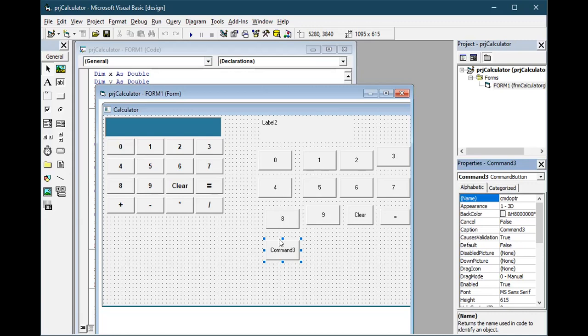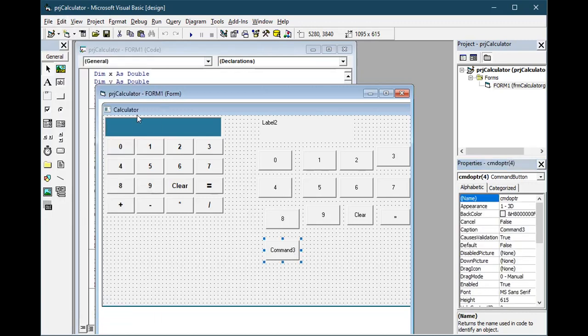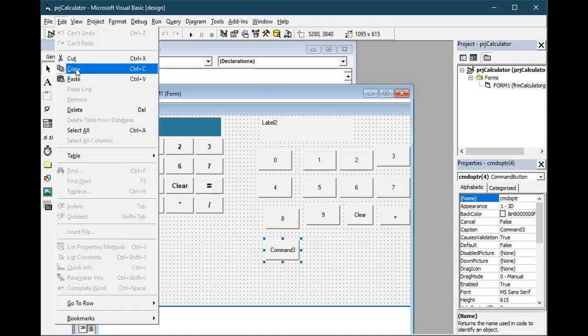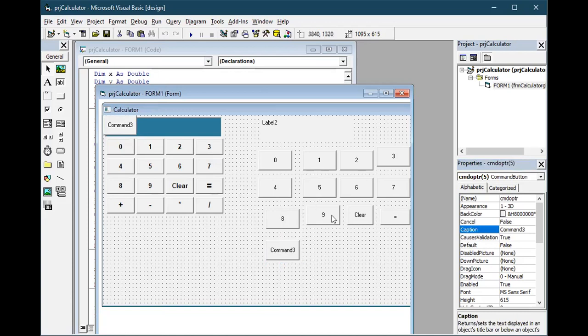You can go to Edit, select it, go to Edit, copy. Once again, go to Edit, paste. It will be available here. Paste 4 times. Earlier for 0 to 9, one time I put 0 and pasted 8 more buttons. This time, once again, 4 more buttons I am pasting using control array.